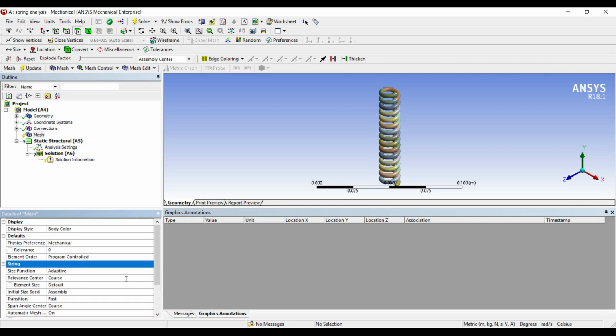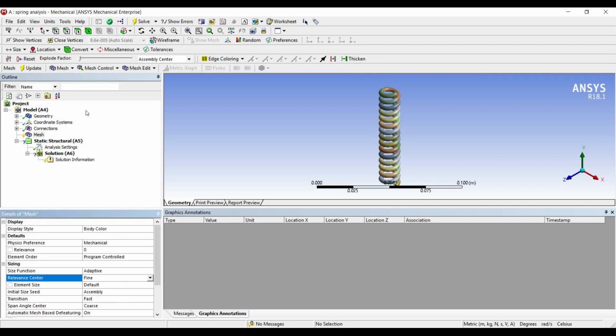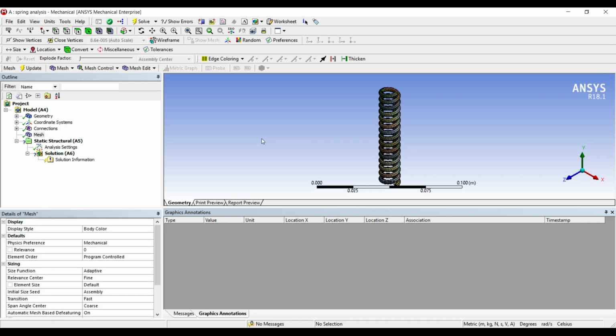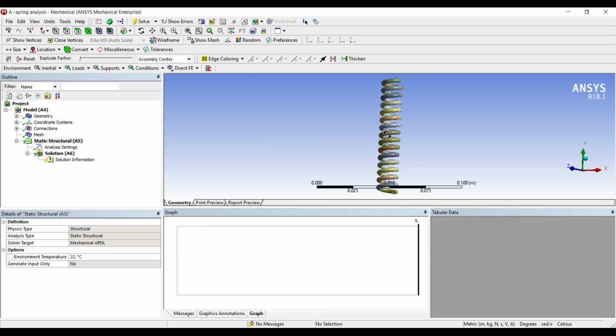I'll change the sizing to fine, update. Next I'll go to static structural. I want to apply one side fixed and on the other side there's a load applied. This is the general phenomena of a spring. This is how it is used.